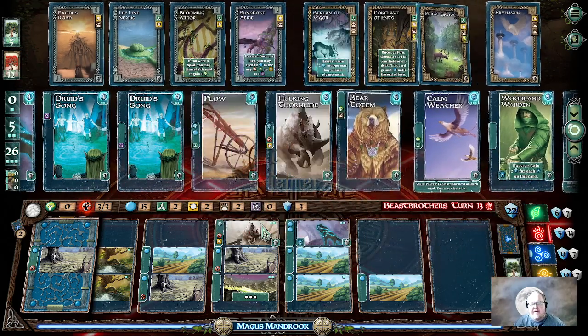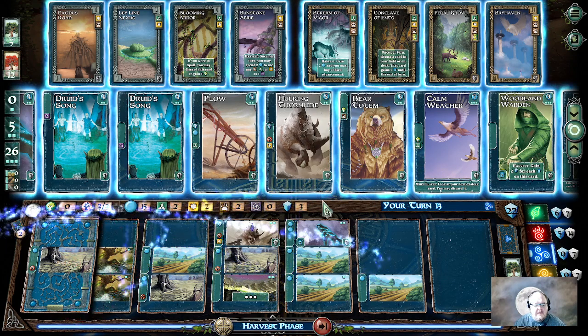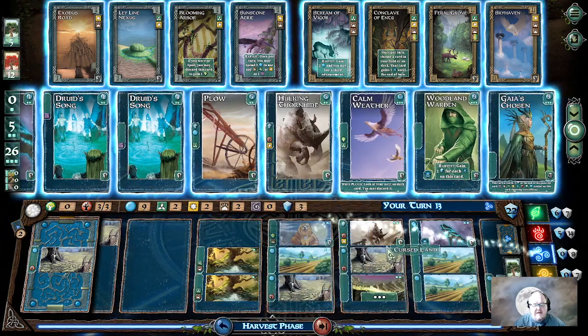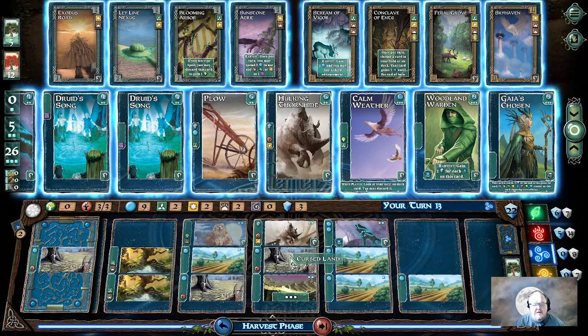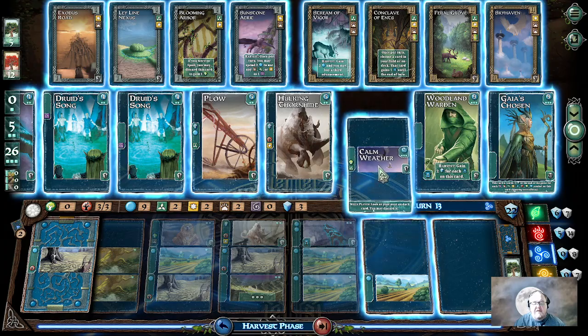Let's see what we have available to us when we get out of here. Alright, so we're definitely going to plant this turn. So we will use Bear Totem to fully negate that card. That's a good start. And we'll grab Calm Weather, which gives us a...